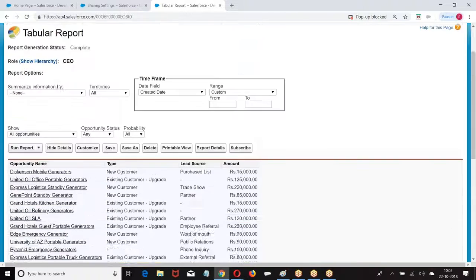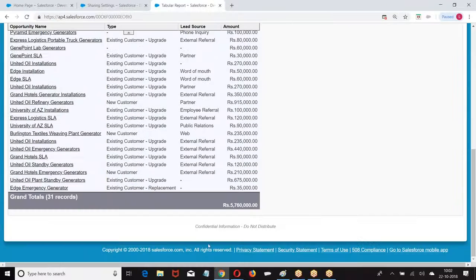This is the report with a list of records.